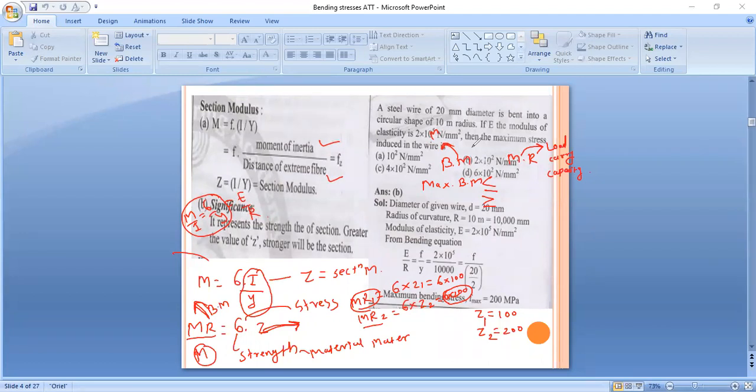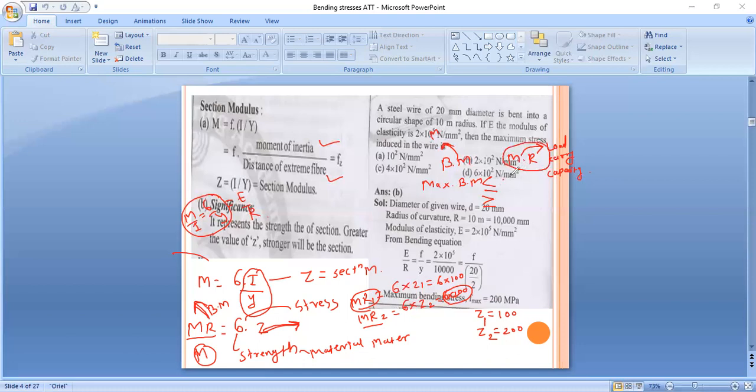Direct second year students, already you have studied this part in diploma, so I expect answer from your side. So maximum bending moment should be less than or equal to